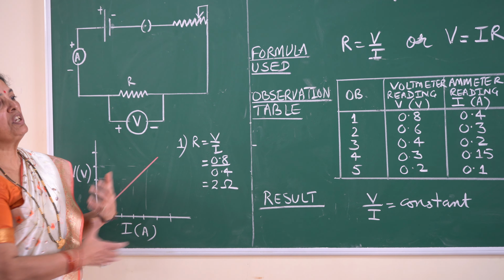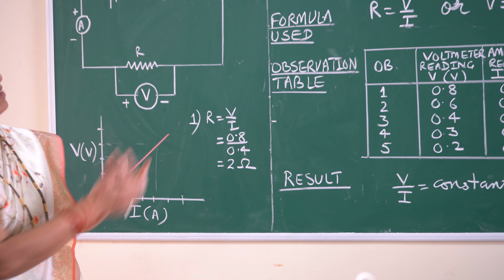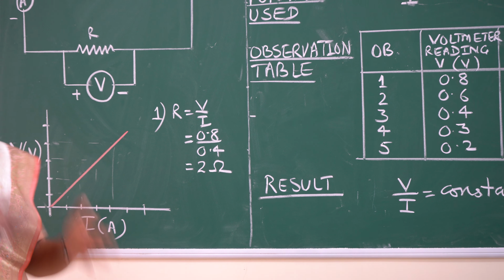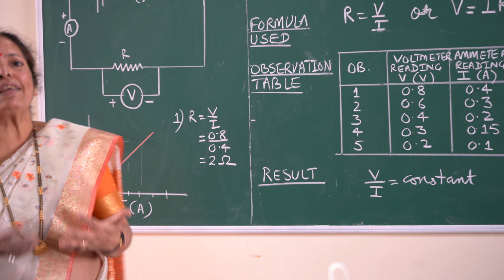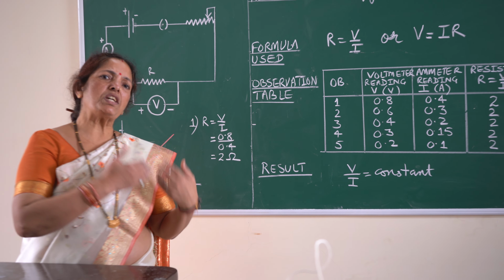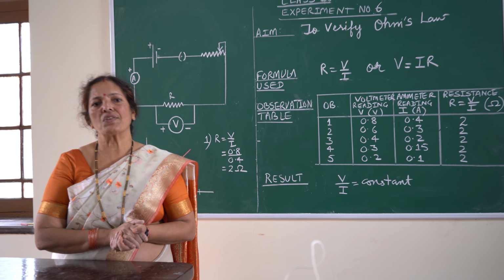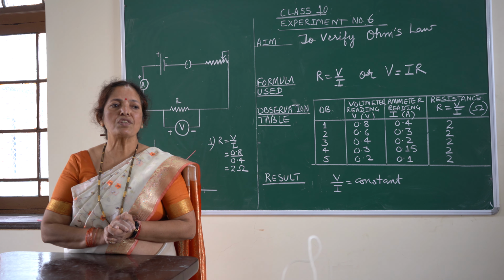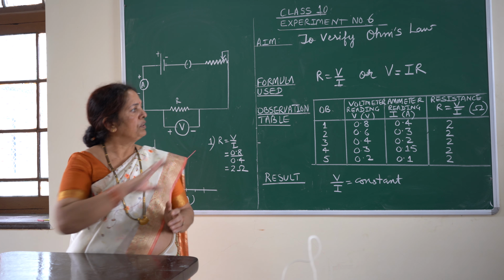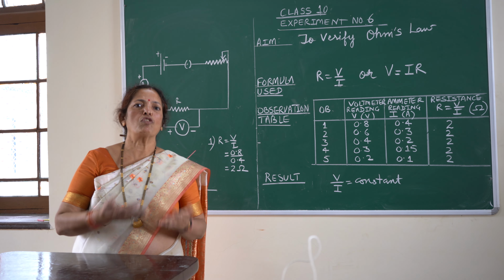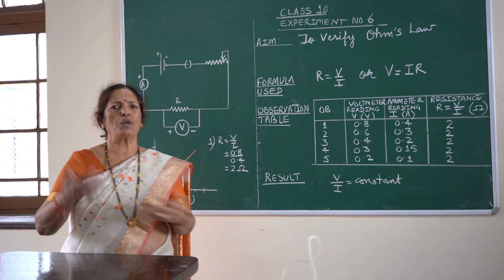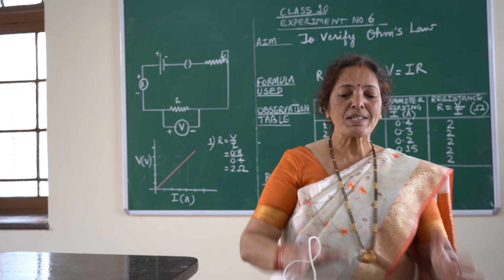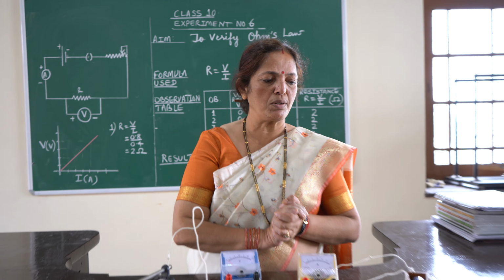So based on these values, these observations, whatever are there in the observation table, you will keep on doing the calculation. By chance, if your readings vary a little bit, then you will be taking the average value of the resistance at the end. By calculating, the average value of the resistance is equal to the sum of the readings divided by the number of observations you have taken. Same as you are doing in the other experiments. Now let's focus on how exactly you are going to do your experiment.